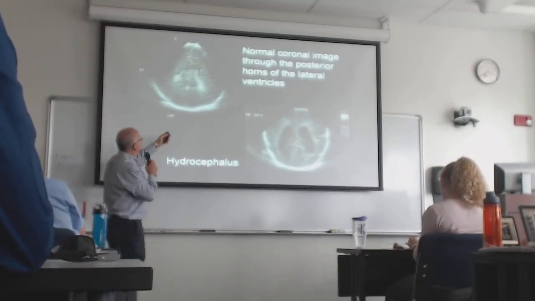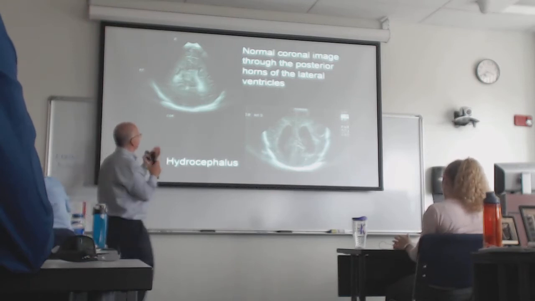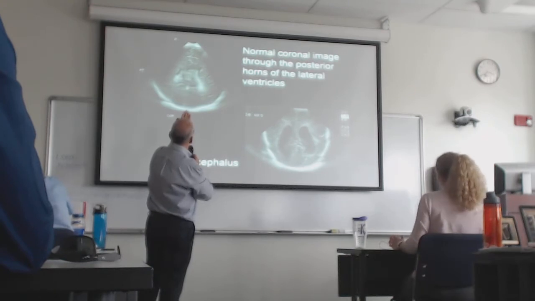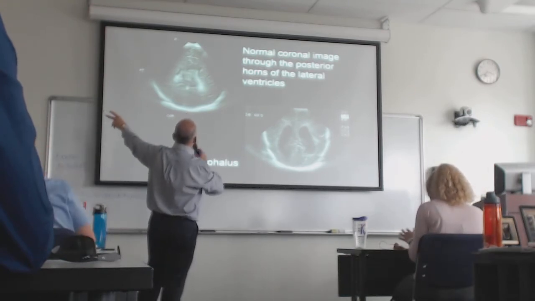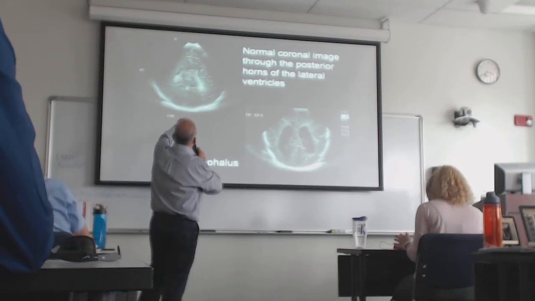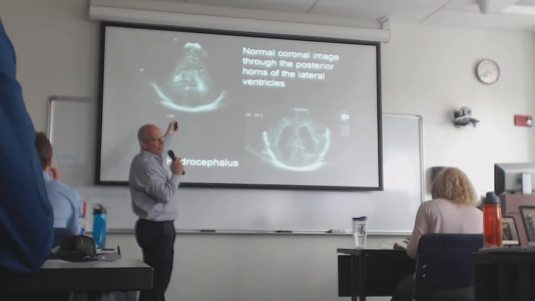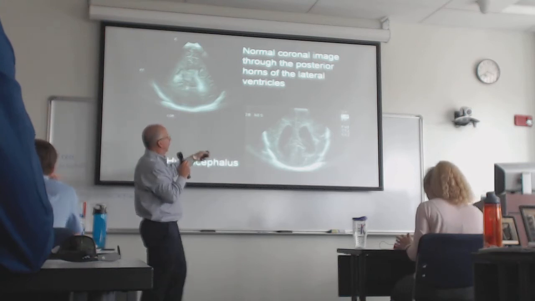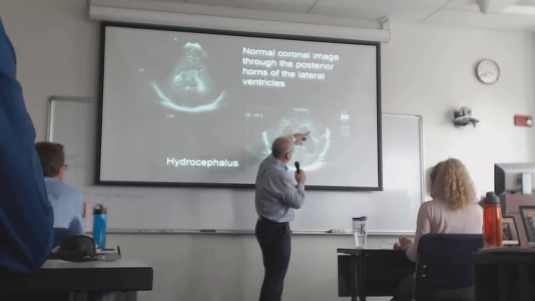Here you can see this is normal, and this is a coronal view now. So this is as if you were looking directly at the face. The patient's right is over here, the left is over there, and these little slits are the normal CSF in the ventricles. They're tiny, but again, same projection. Now you've got these ventricles that are all dilated here.